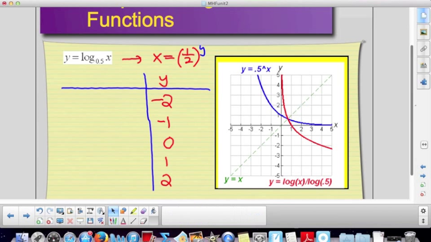Why? Because our equation is in the form x is equal to 1/2 to the power of y. We translated our logarithmic equation into exponential form. When we did that, we got an equation that said x is equal to. So what I'm going to do is go ahead and plug in